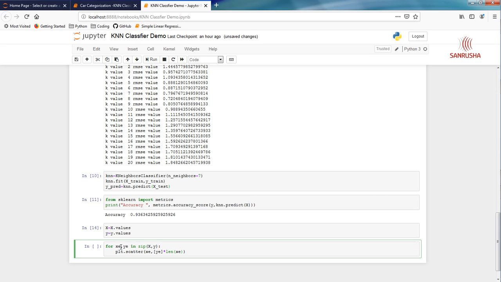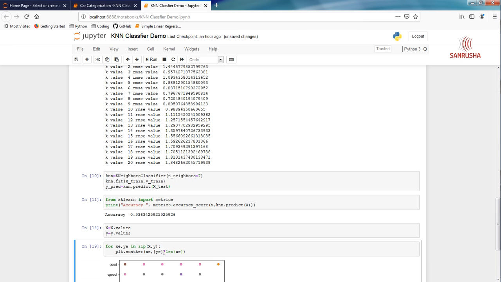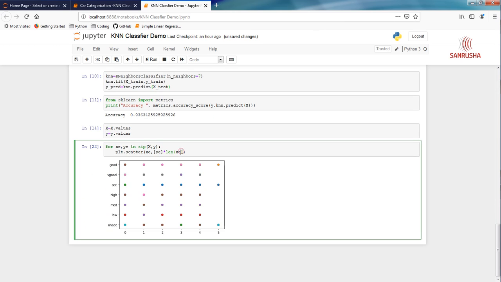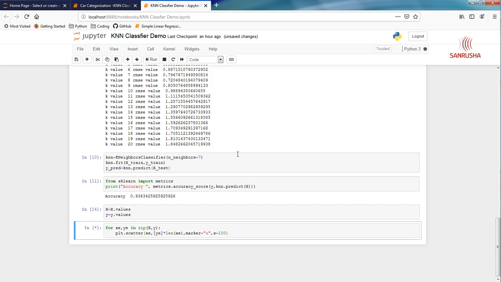Let's plot this much first. It's going to take some time because it's going to plot a scatter plot for each point of xe and ye. Very good. Let's make it a little bit fancier. Marker is going to be 'o' and size, s is for size, going to be 100. Let's do that.